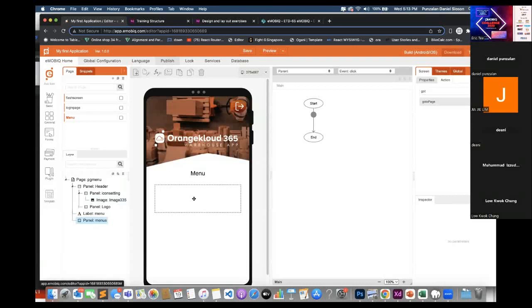Creating a button. So go to label. First is